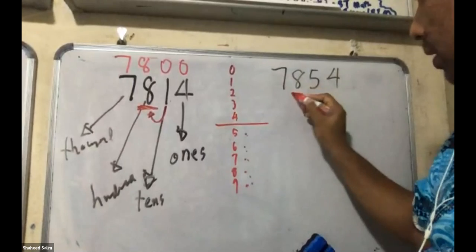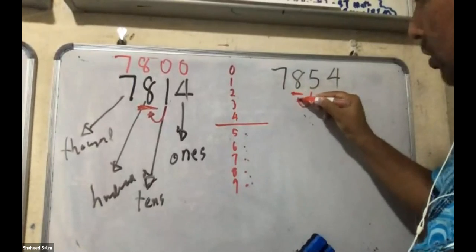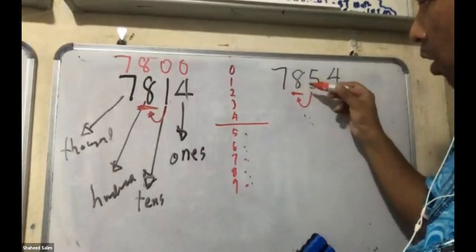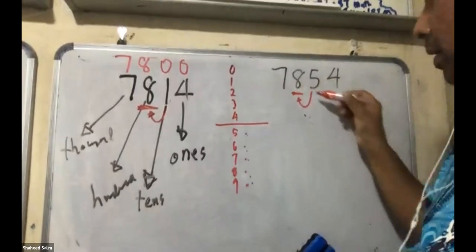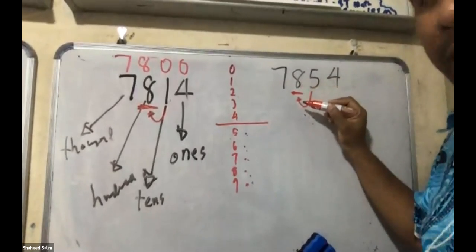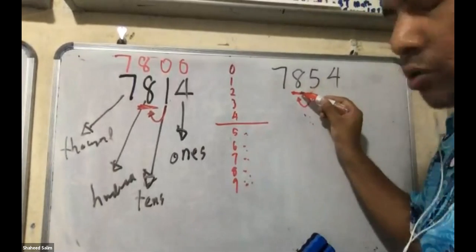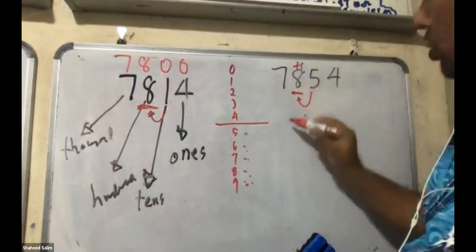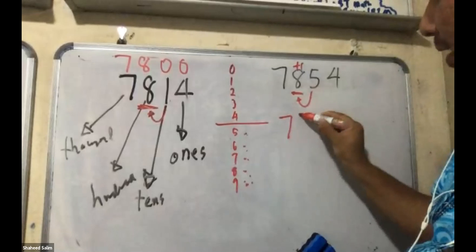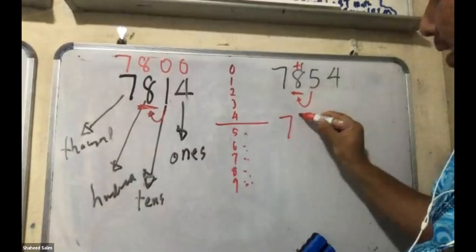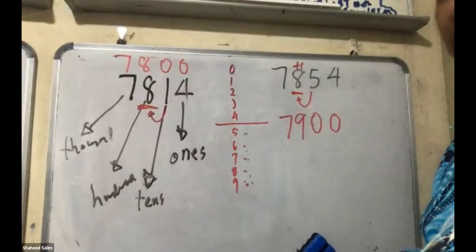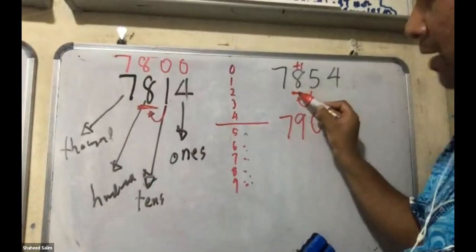Now, same thing. Nearest 100. We look at the digit beside it. So you tell me, must you plus 1 or not plus 1? Plus 1. Naomi, must plus 1. Why plus 1? Look at this. 5, 6, 7, 8, 9. You must plus 1. So we plus 1. So this one becomes 7, 9. But you must add 0, 0. This is to the nearest 100.